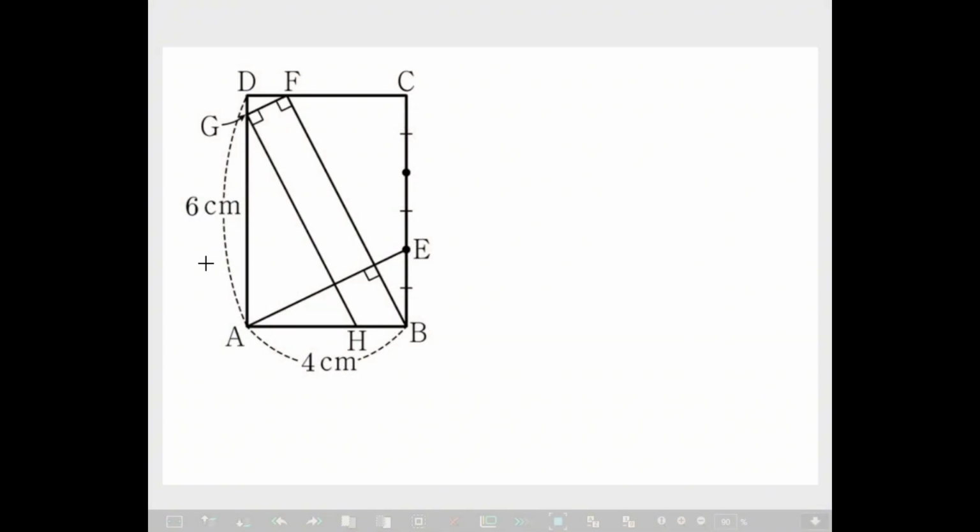Hello, this problem is to find the length AH. At first, we can find this line is 2 centimeters, 2, 2. Here, the triangle ABE and triangle BCF are similar,